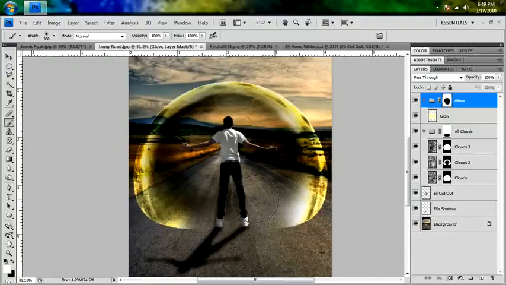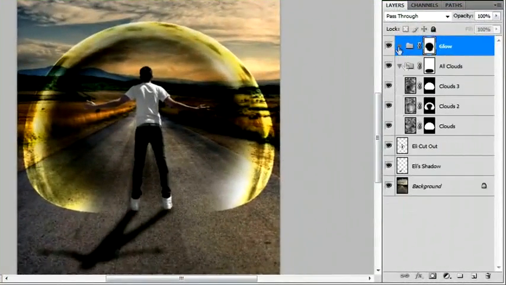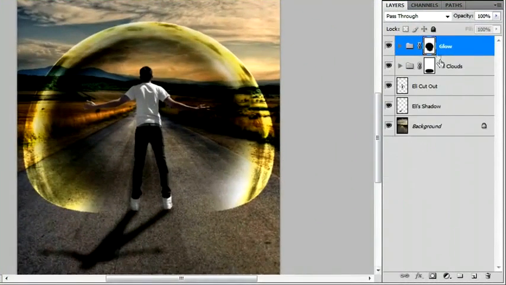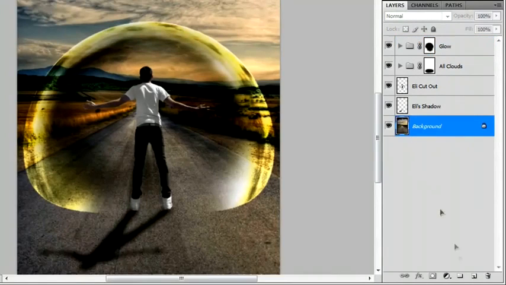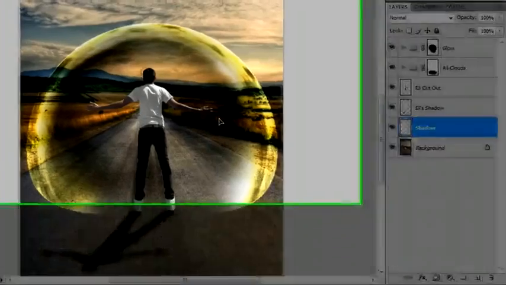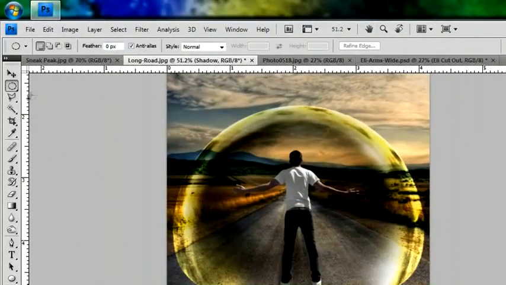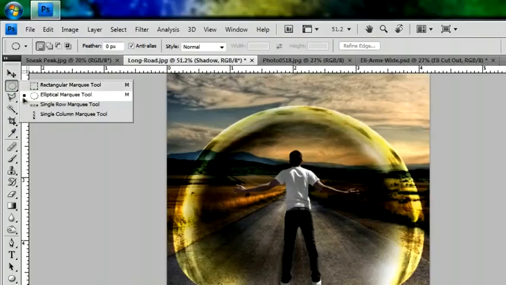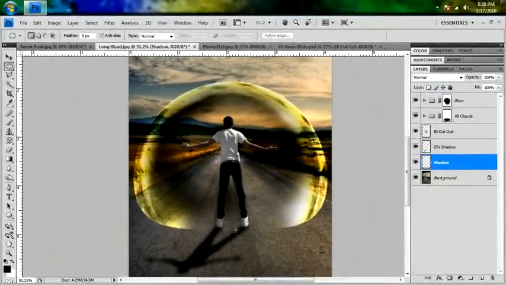Alright, and that should be about it for the bubble itself. So we're going to close up these groups over here and go right below the background. And we're going to create a new layer, and we're going to call this shadow. And if you go to the marquee tool with the letter M, or just go over here and select the elliptical marquee tool, put your arrow between the character's feet, click and drag, and hold Alt, and make it a